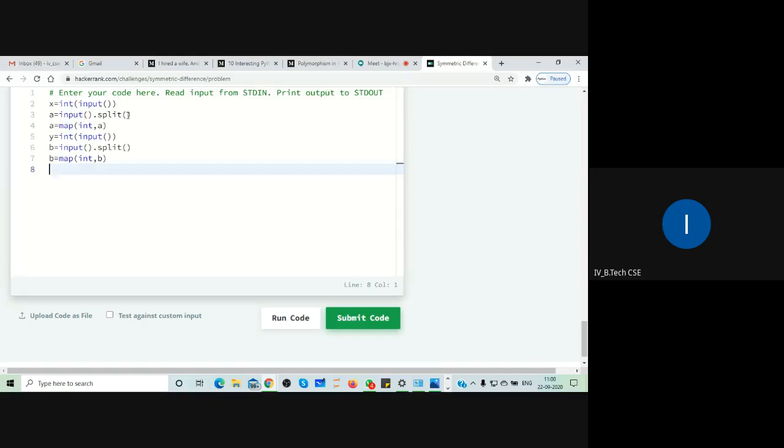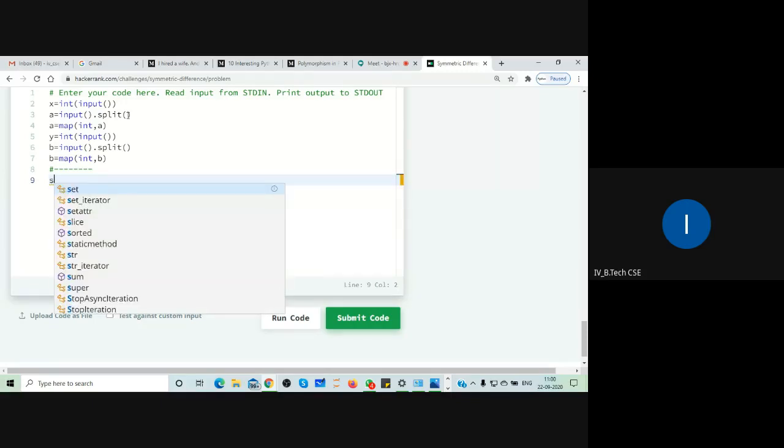Now the input is over. Now symmetric difference, S is equal to,